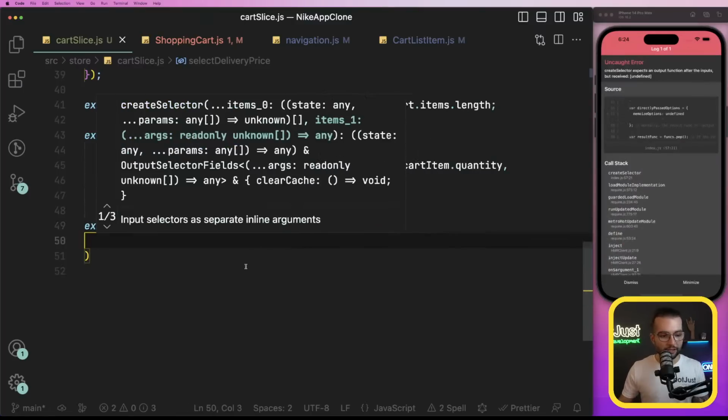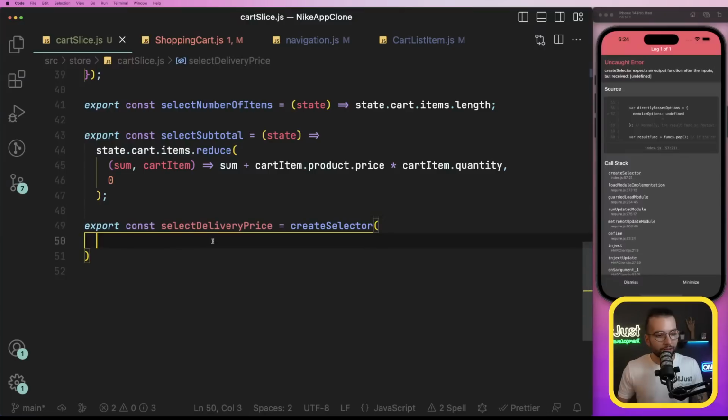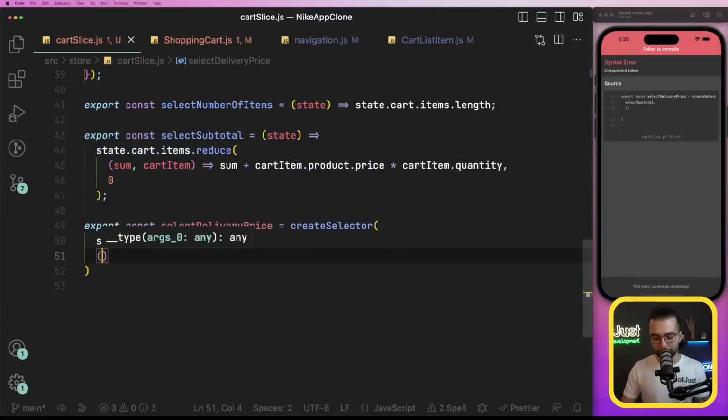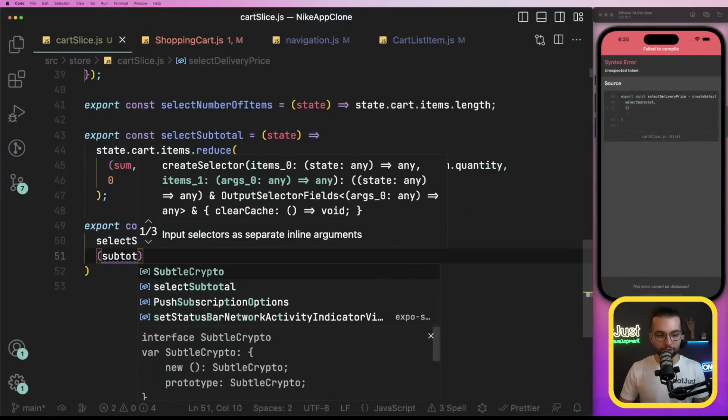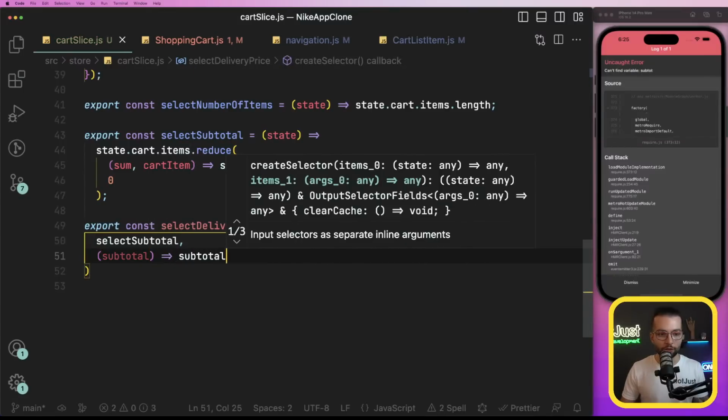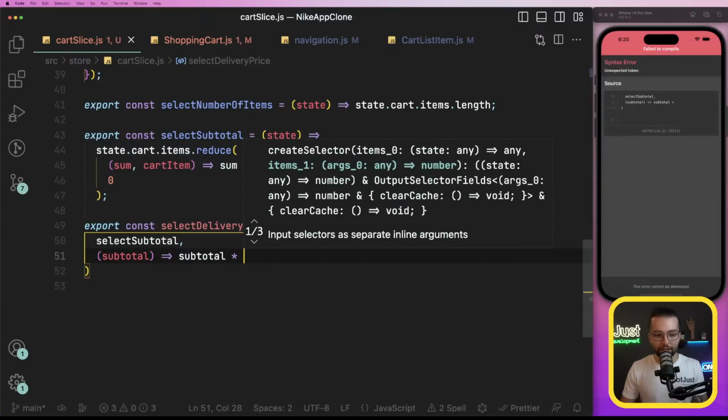And yeah, like the way it works, I'm gonna start simply. For example, if I add as the first parameter another selector, in this case subtotal, and then a function that will receive this value subtotal, and if I simply take subtotal, multiply by 2,